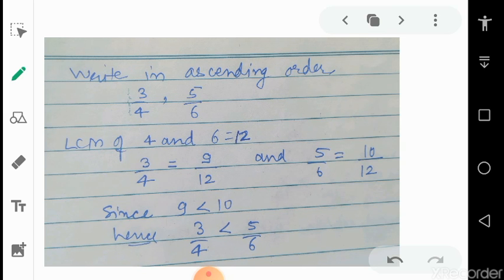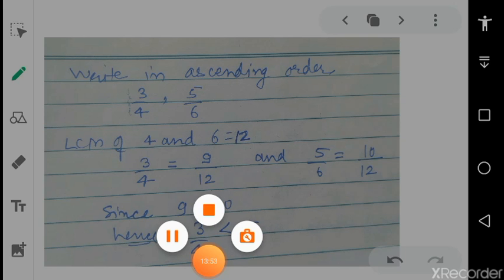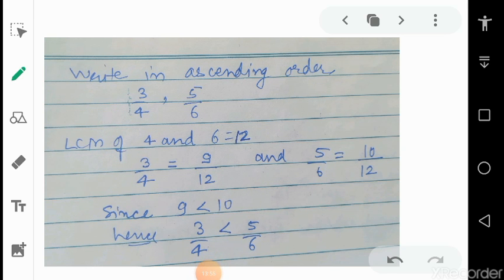Okay, there is a question: write in ascending order. Now 2 fractions are given, 3 upon 4 and 5 upon 6. So the LCM of 4 and 6 is 12, because 12 comes in the tables of 4 and 6 very first. Now in the first fraction 3 upon 4, we want to convert 4 into 12, which means 4 is multiplied by